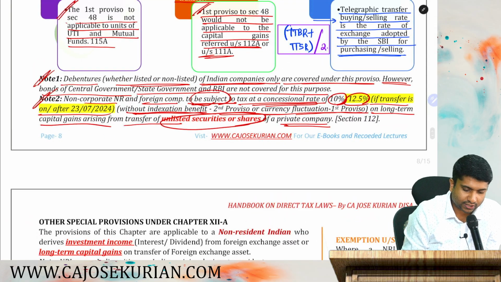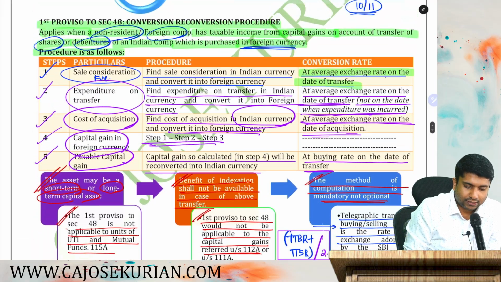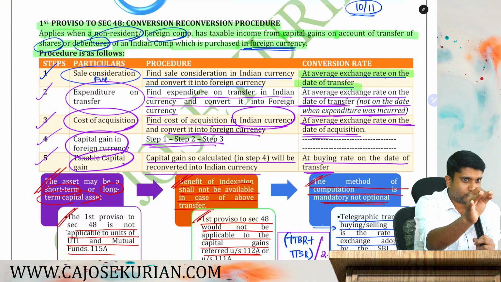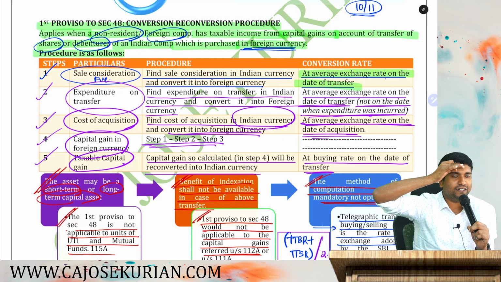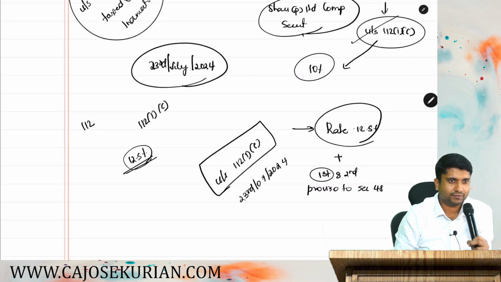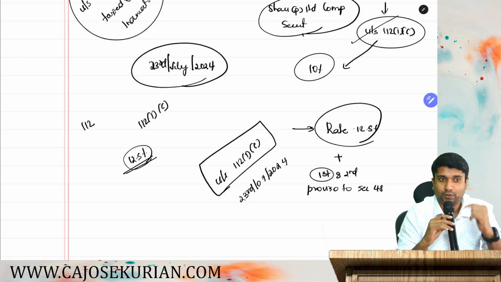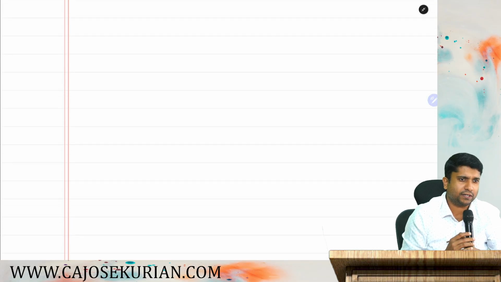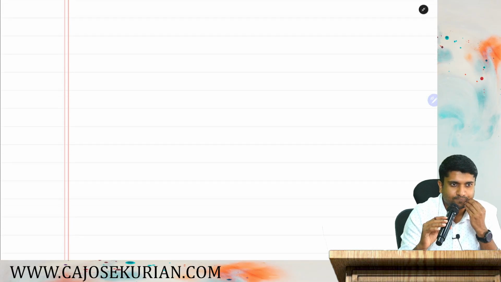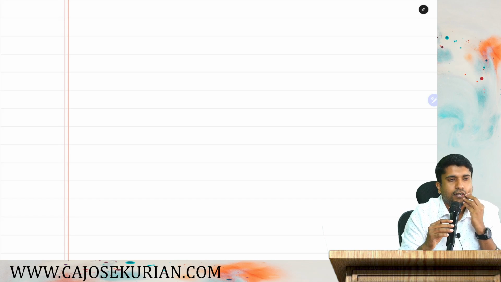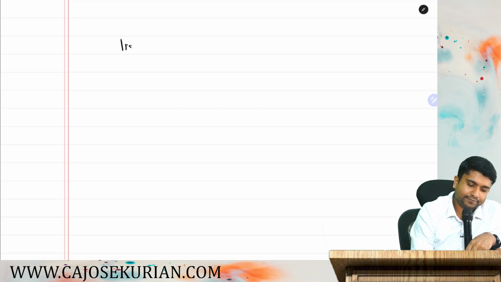These are the two notes under first proviso to section 48. And before we move on to a question, I just want to remind you one more thing. It is something related to 112A. It is not related to first proviso to section 48. It is something related to 112A. Hope you remember, you might have studied it in your inter syllabus, because this is actually required for solving the next question. If you are purchasing a listed share,